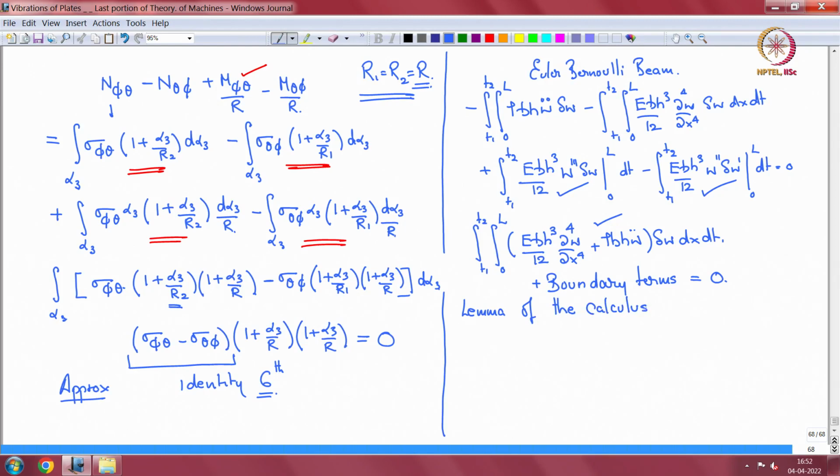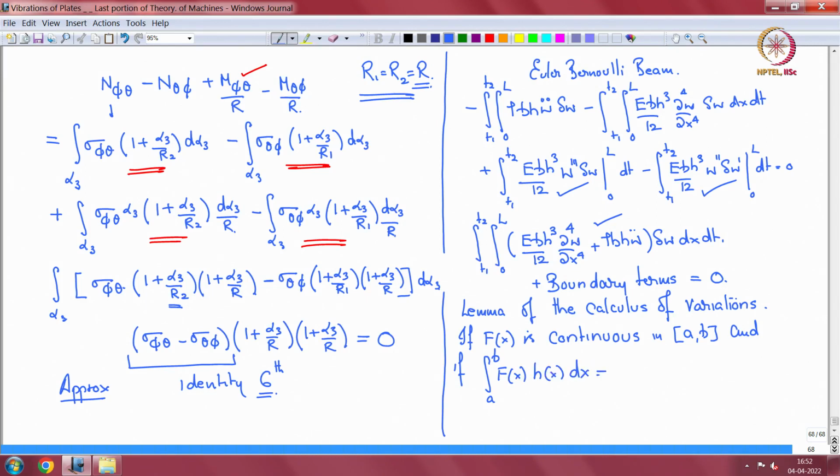Principal lemma of the calculus of variations. I just wanted to mention that. And what does it say? If f of x is continuous in some interval AB, and if the integral from a to b of f of x and some h of x dx is 0